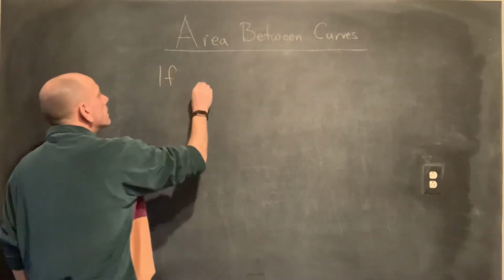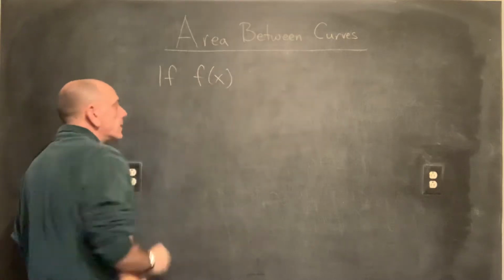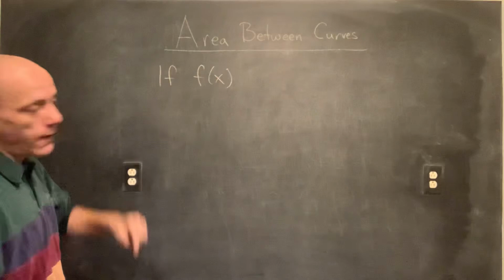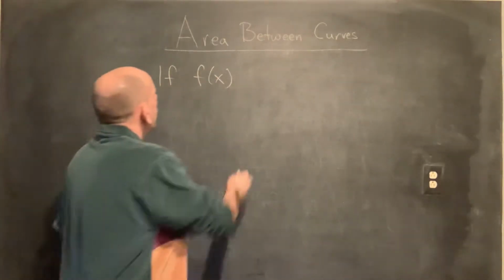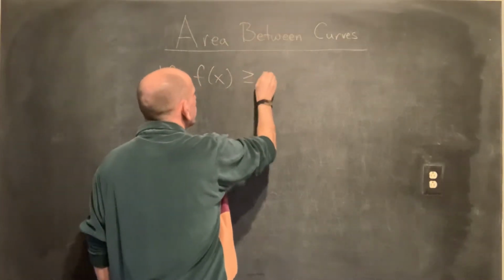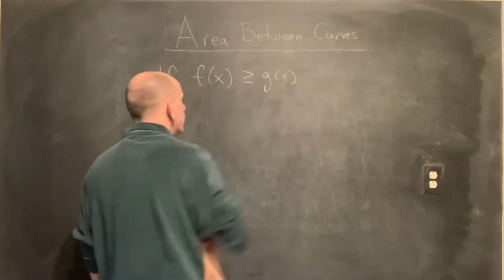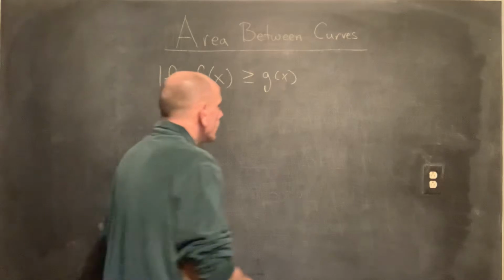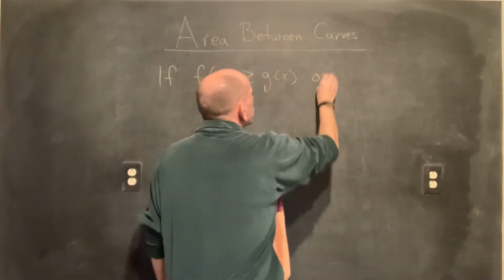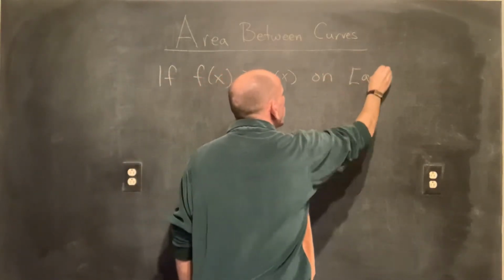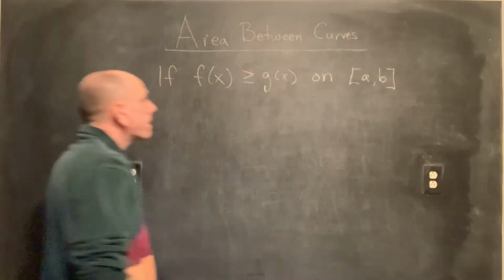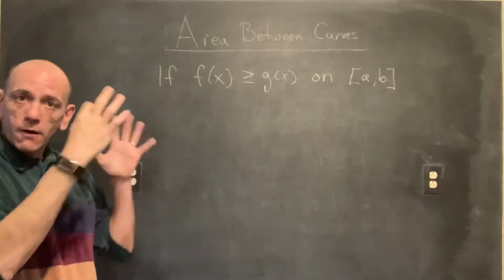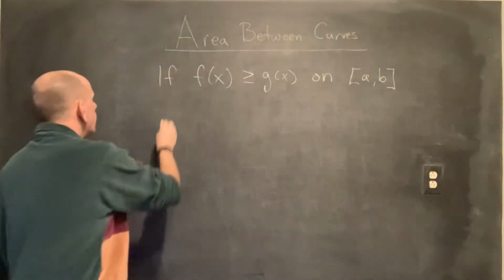If we have some continuous, differentiable, or integrable function f of x, and it is greater than or equal to some other integrable function, g of x, on some interval a, b. So we've got our one function greater than the other on this interval. Then